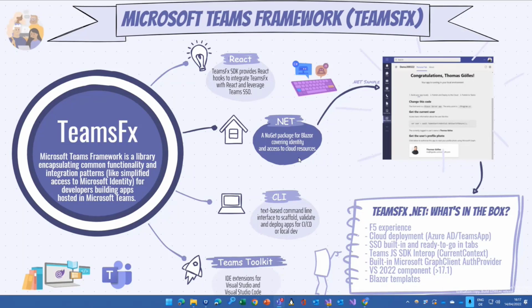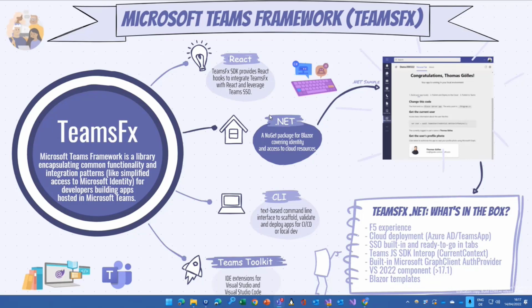But the idea is that as a developer, I get something where I can start already with the need of authentication, all those things that we would need to do all the time when we create enterprise applications, that this is already done in a library. And of course, this is available for React. That's basically what Victor was referring to compared to the PnP Teams generator. So all those scaffolding, all those creation of elements.